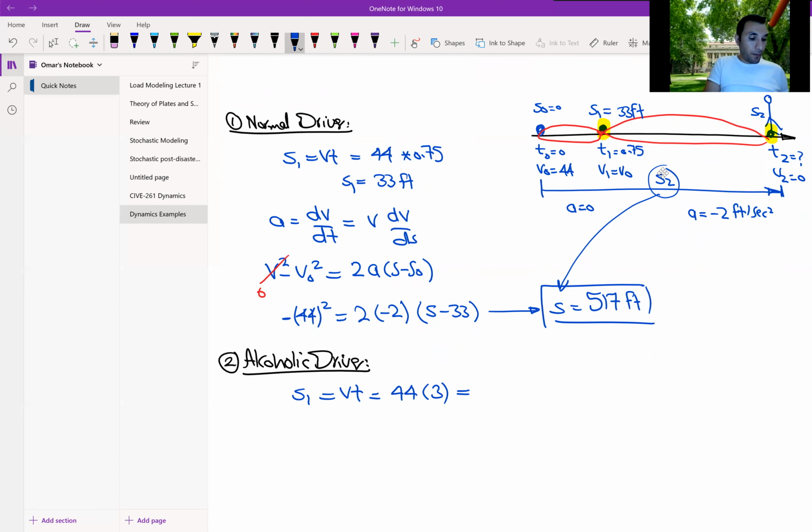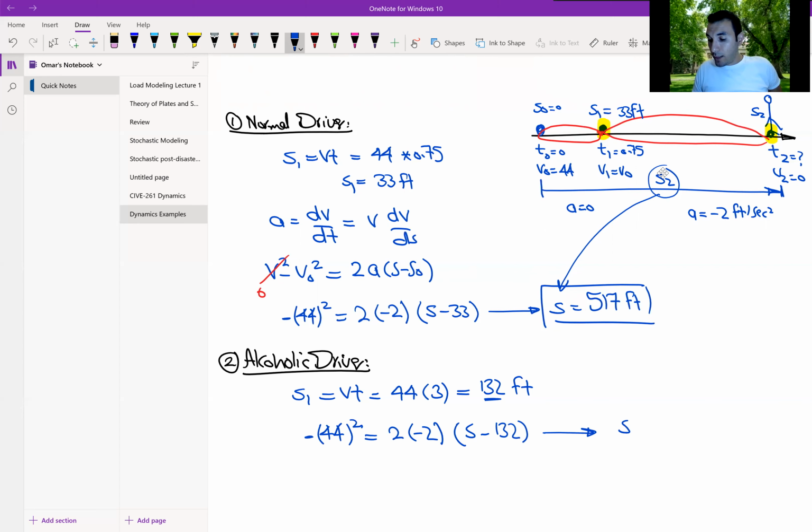So when you multiply 44 by 3, it gives you 132 foot. And same equation, you will have negative 44 squared equal to negative 2 times s minus 132. Solving this for s, this will give us